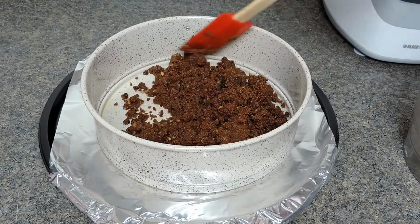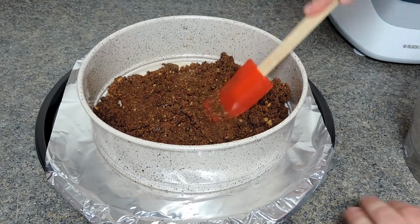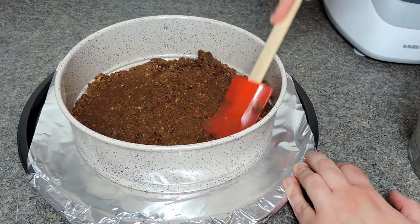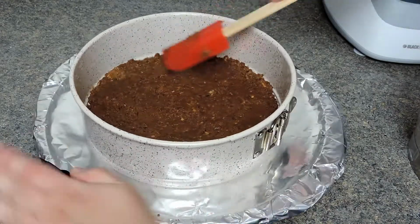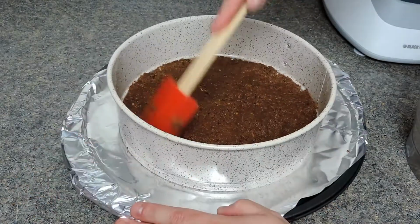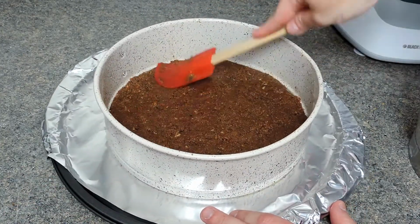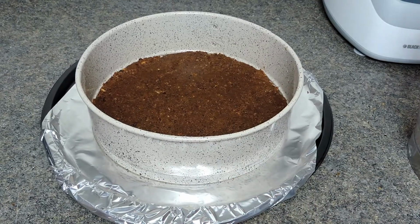Now you can use some clean hands here and just press it into the bottom of the pan. You can use the back of a cup, a measuring cup, whatever you have, whatever makes your life easier. Now I'm going to set this aside in my fridge and we're going to move on to working on our